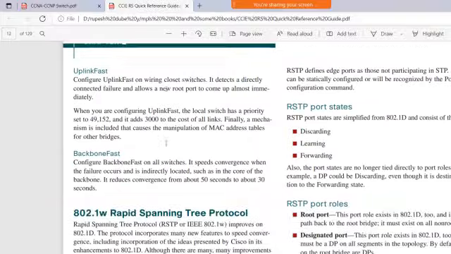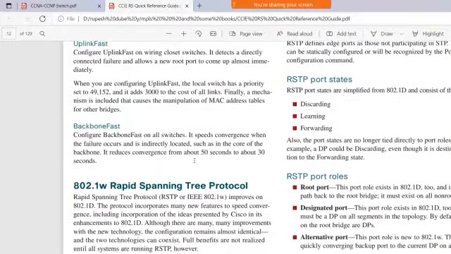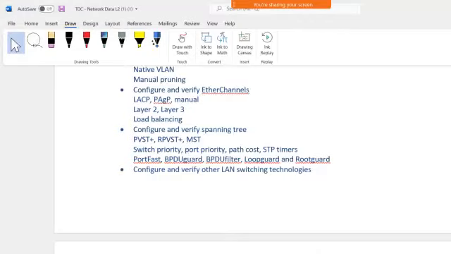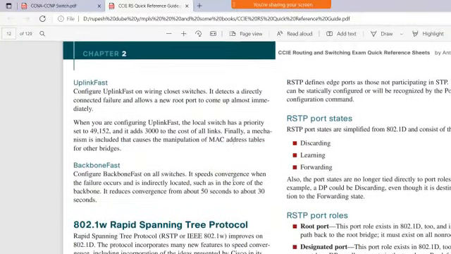Okay, I think I'm nearby it. So what are the things we have to cover? RPVST, rapid per VLAN spanning tree protocol.